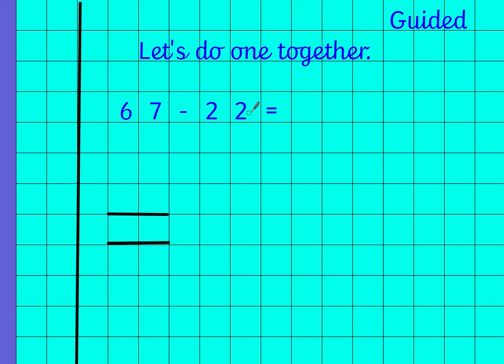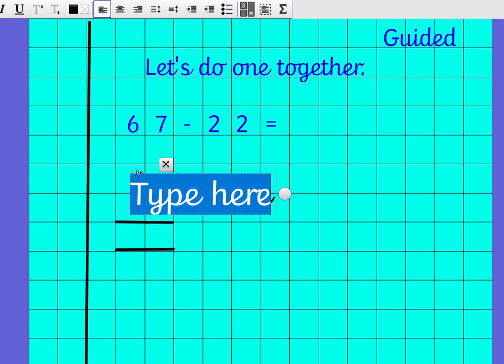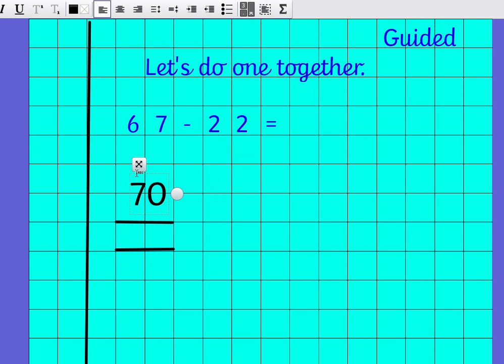Okay, so let's have a look. Let's do this one together. So 67 take away 22. Right, okay. So 67, if I round 67, it will become 70. Oh, a rather big 70, I apologise. Let's just make that a little bit smaller. That's better. Okay, so that will become 70 because 7 is closer to, it rounds up, doesn't it? Okay, so there we go. There is our 70. 22. Well, 22 ends in a 2, and we know that 2 means we round down, so that would become 20,